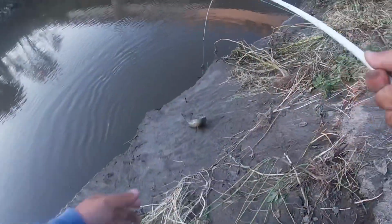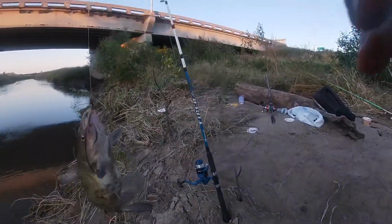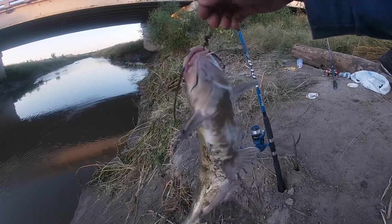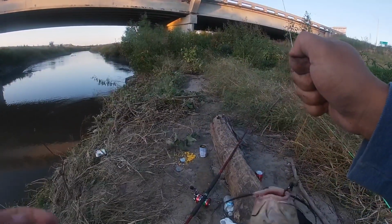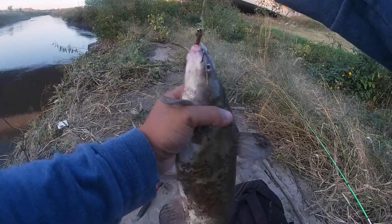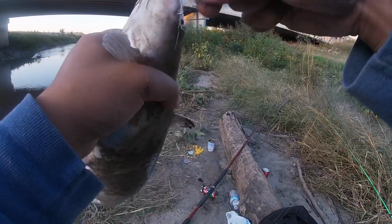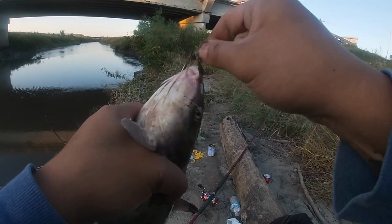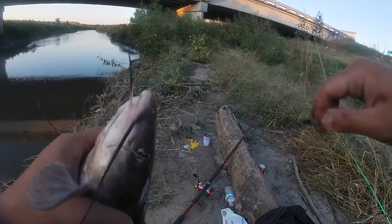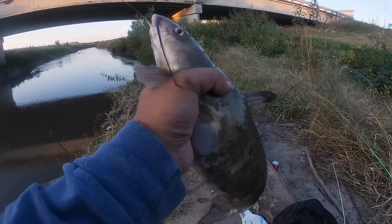There it is. Look at that. Oh, that's a bigger cat. This is much bigger than the one I was catching yesterday too. Look at that, guys. Right in the corner. Whew. Let me get...